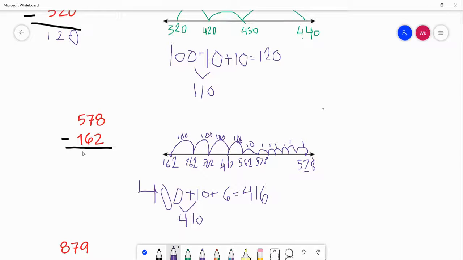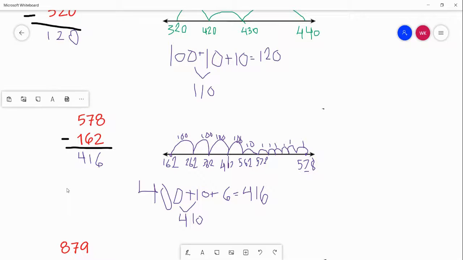And then remember, we are always going to check our work. So we're going to subtract going straight down. 8 minus 2 equals 6, check. 7 minus 6 equals 1, check. 5 minus 1 equals 4, check. So our answer, 578 minus 162 equals